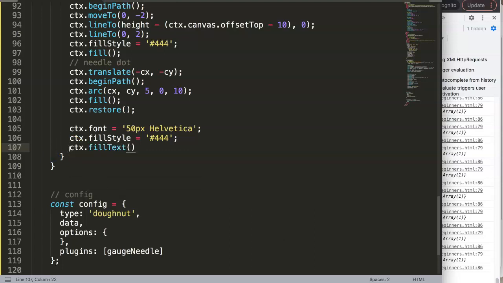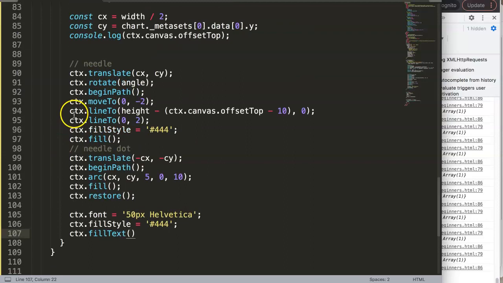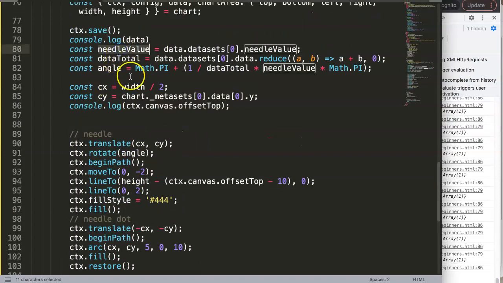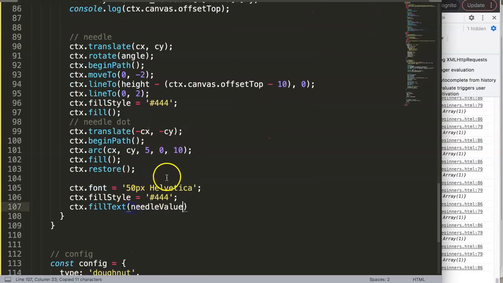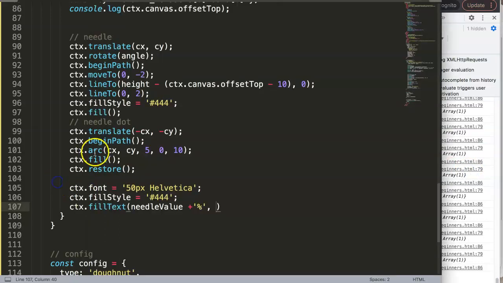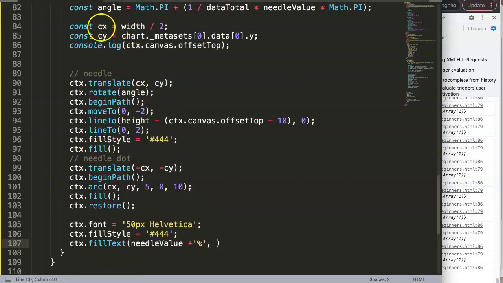Alright, and then we're going to say we want, what do we want to have? We want the needle value constant. Grab this one here, put it in here, and then what we want to do is concatenate it. So we say plus, quotation, quotation, and then maybe percentage. And then after that comma, we need to figure out where we want to position it. In our case here now, we can just do the width divided by 2, which is basically the